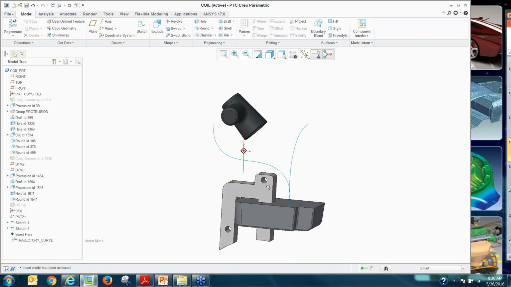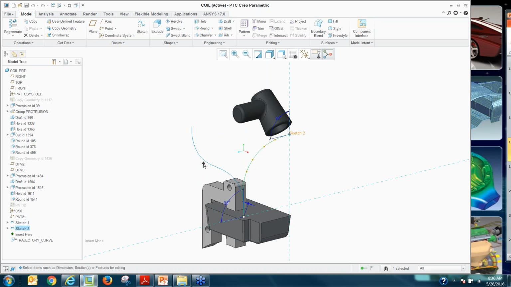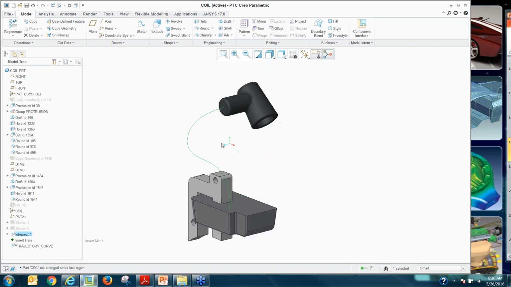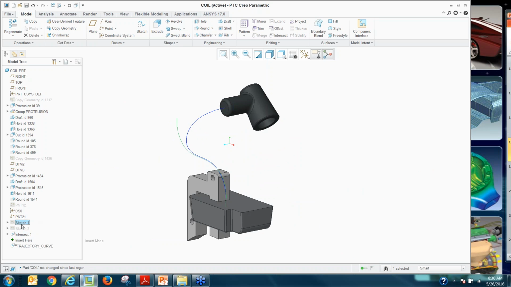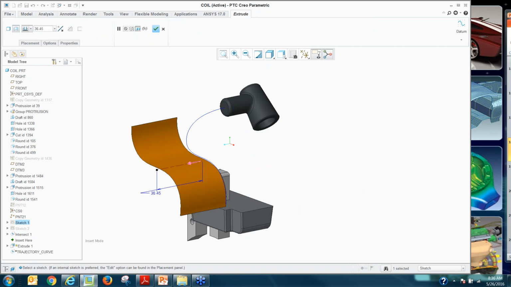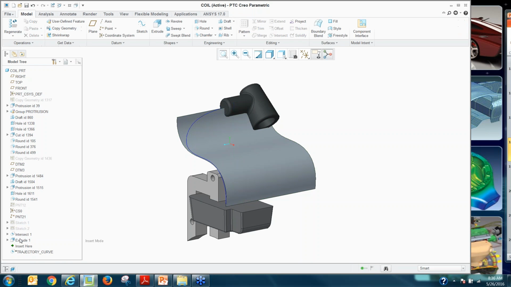I've created two 2D curves in two different planes, right? You can see that's in one plane, that's in another plane. And I'm essentially going to select these two guys and simply say intersect. And when I intersect, you see how it's essentially extruding, right, this guy, and then